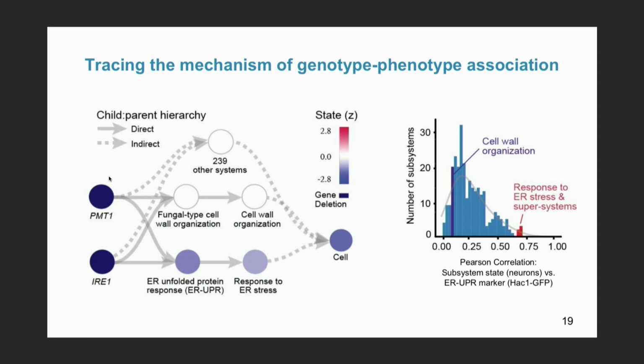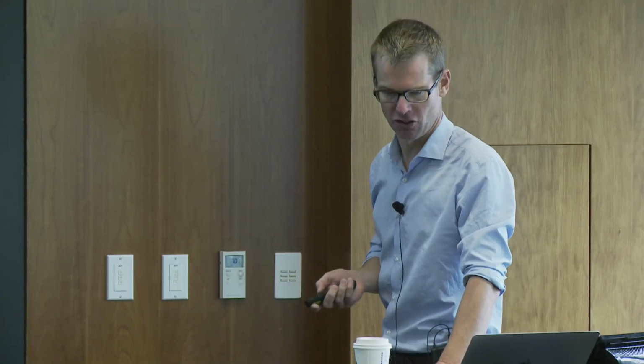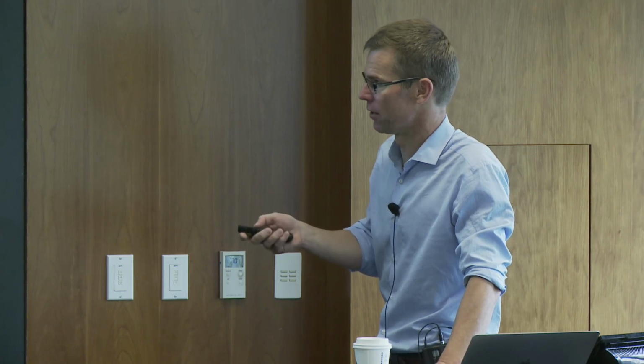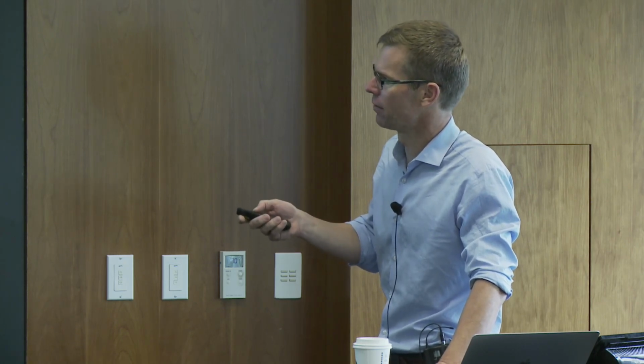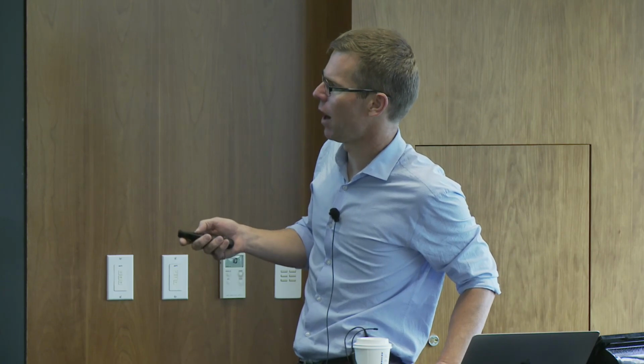That's another kind of prediction of the model: when you perturb these genes, you're affecting the state of this pathway, the ER-UPR pathway. To look at that, it turns out we already had a collection of genetic interaction or genotype-phenotype data where, instead of cell growth being the phenotype, people had looked at the state of ER-UPR as the intermediate phenotype. And molecular biologists have a promoter, the HAC1 promoter, that's widely accepted to be a proxy for the activity of that pathway.